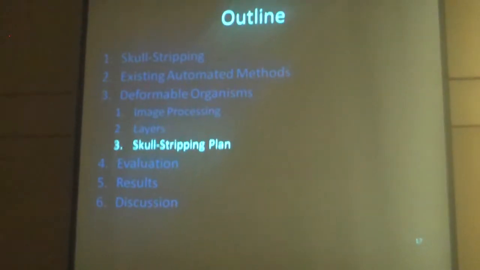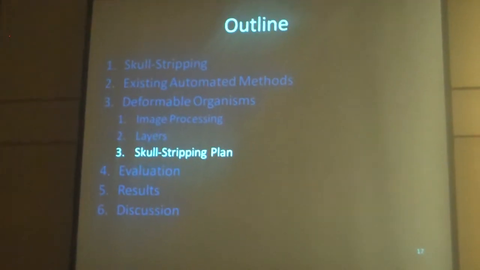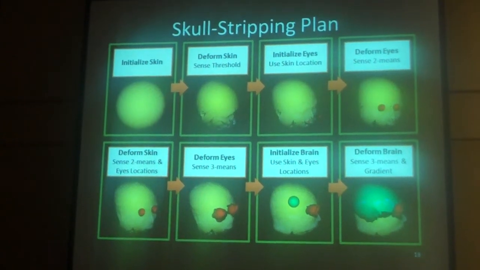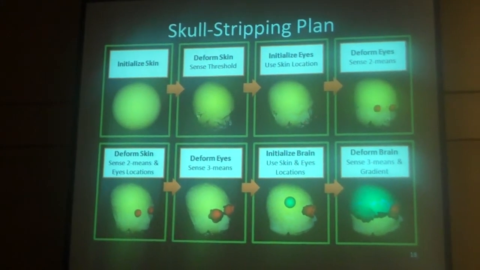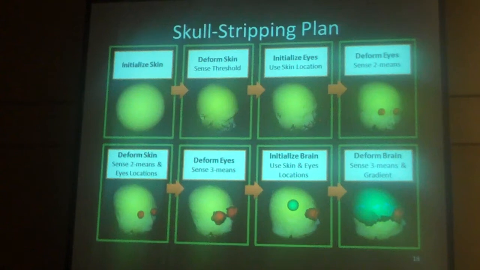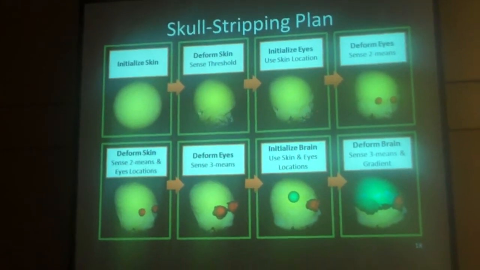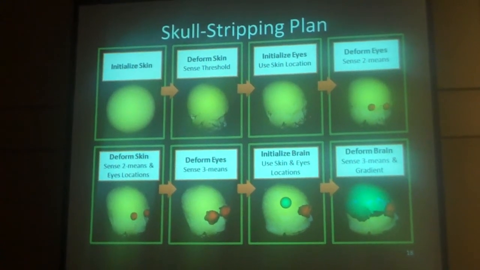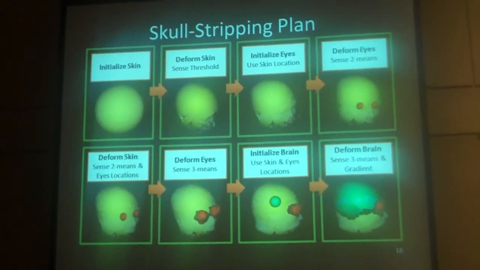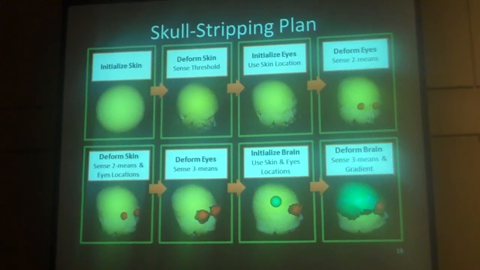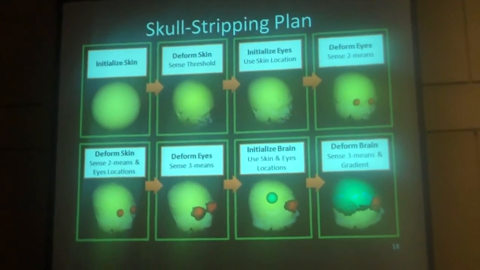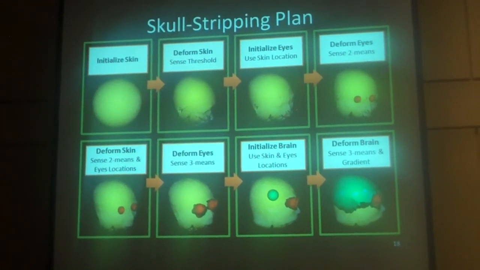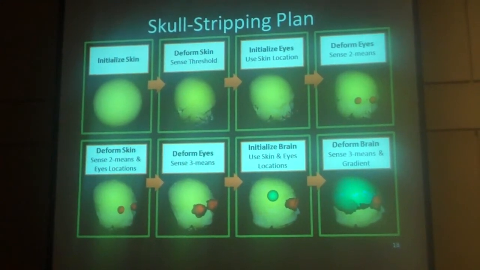I'll now describe the skull stripping plan we developed in detail. We begin by initializing our skin organism as a sphere. It senses the threshold of our original T1 magnetic resonance image and deforms to find the boundary of the head. We then analyze this boundary to locate the nose, and then from there the 2 eyes. At these eye locations, we initialize 2 eye organisms that sense our 2 means classification to deform and find the